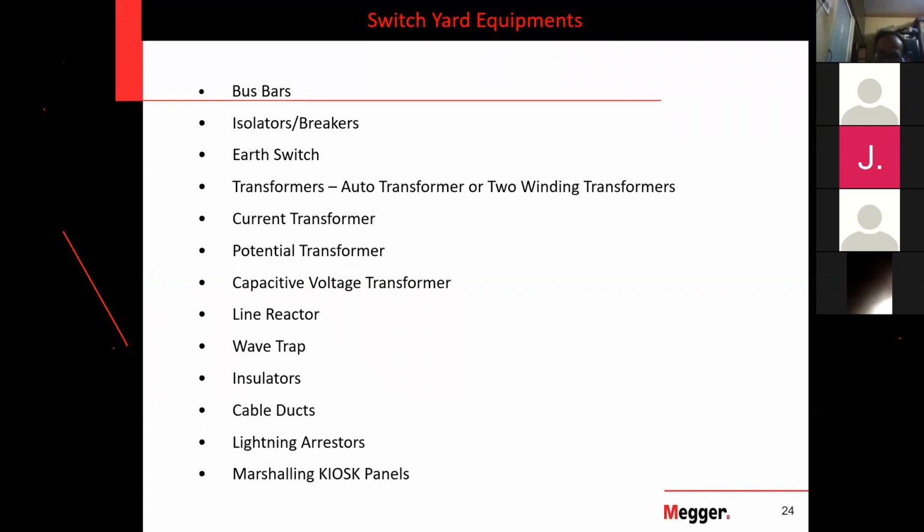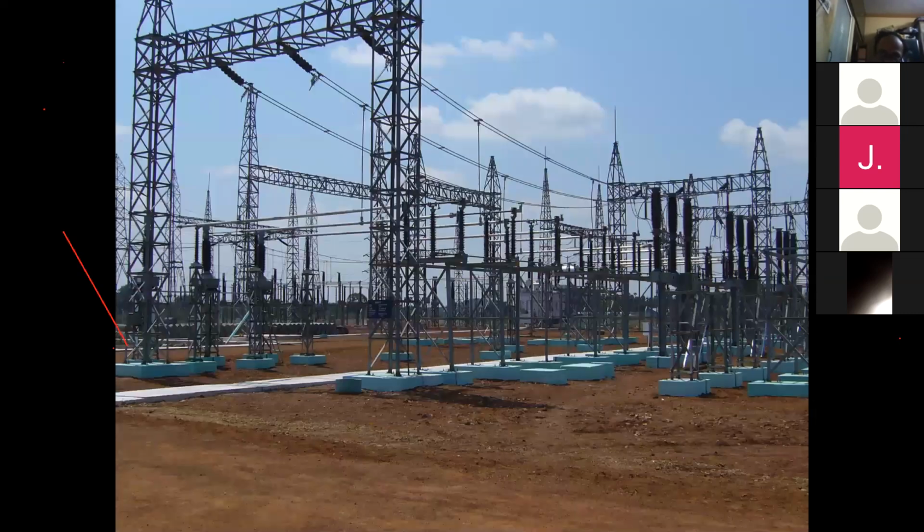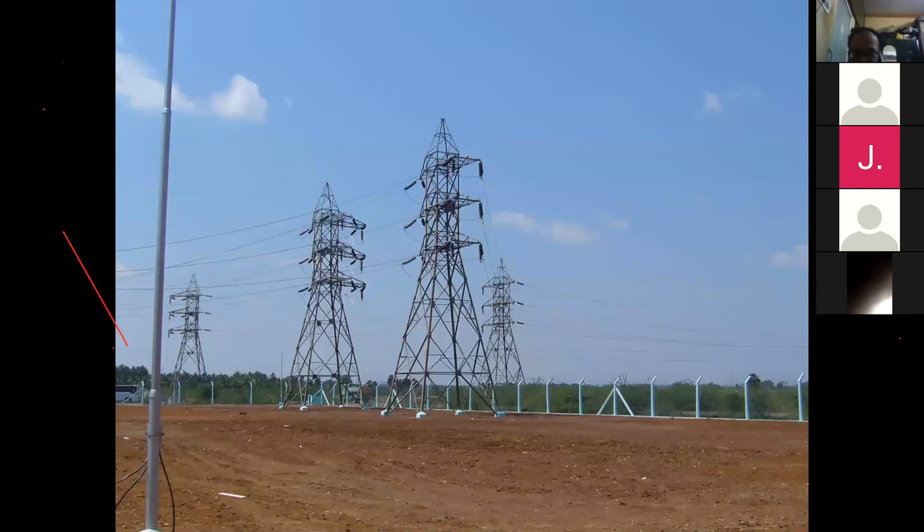So you might be very well aware of all these things. Theory is very well available. So what I am going to show you is the real pictures available in the substation. Switchyard, the double conductors, the bus bar, they carry more current. Therefore, if your line is having one conductor, the bus bar will have multiple conductors. If the line itself is having two conductors, the bus bar will have either 4 or more, because it carries the entire substation current. Bus bar is the common node where all the lines intersect.